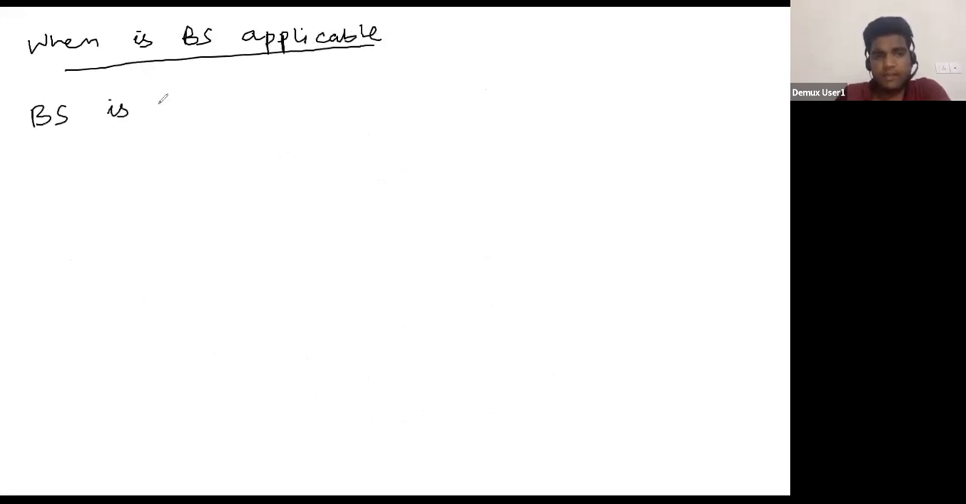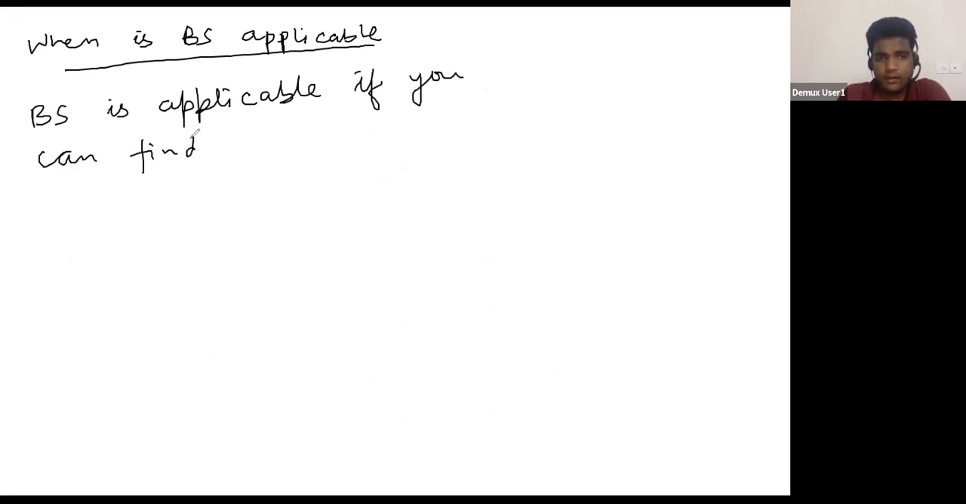So now we will tell when binary search is applicable. This is the question that we are trying to answer. Now the theory says that binary search is applicable if you can find a predicate on the search space such that